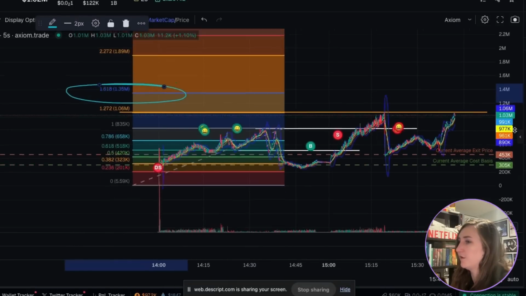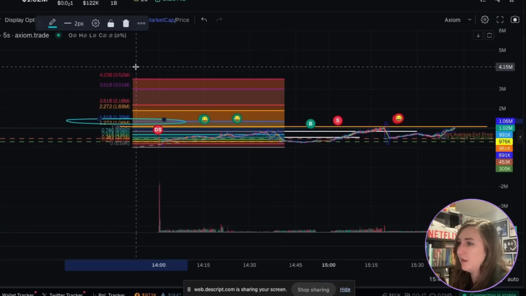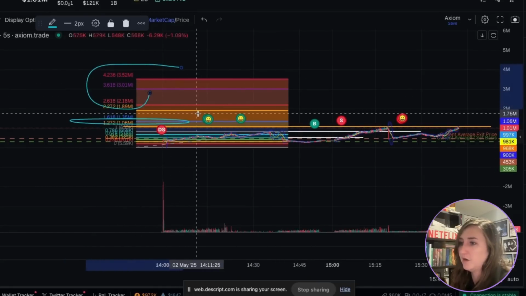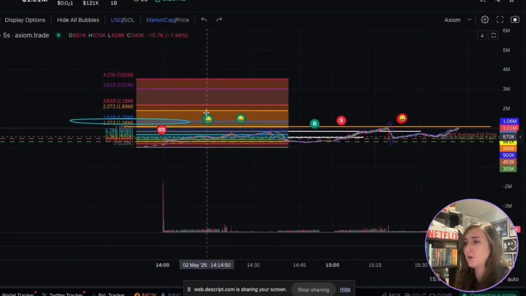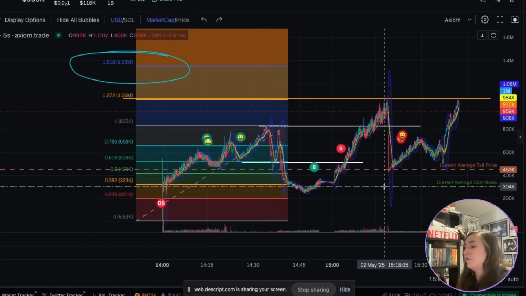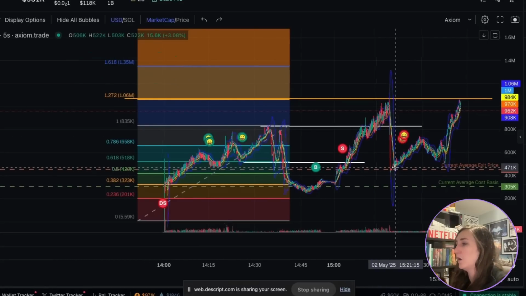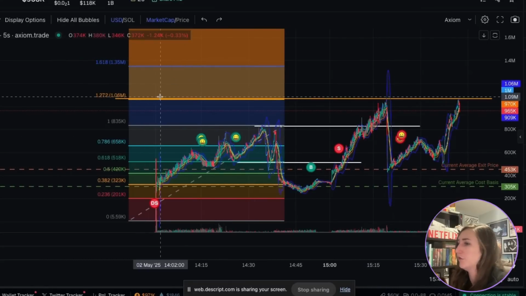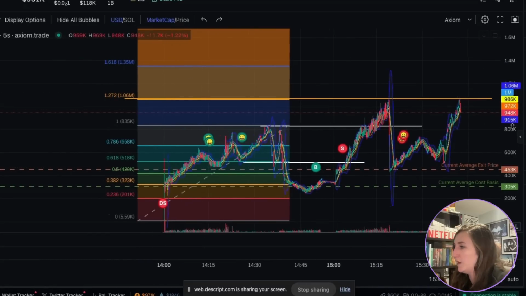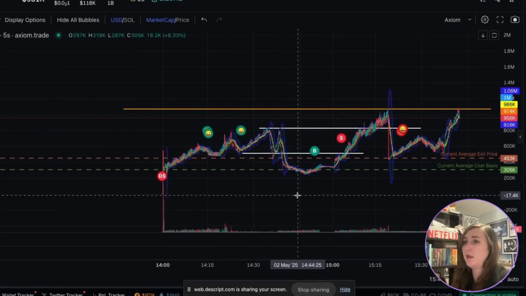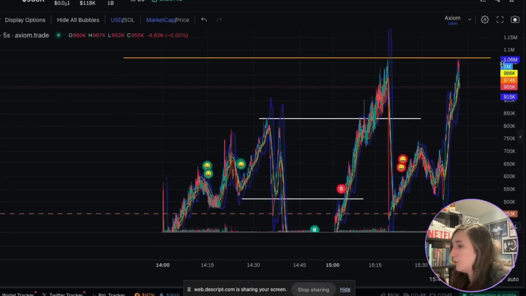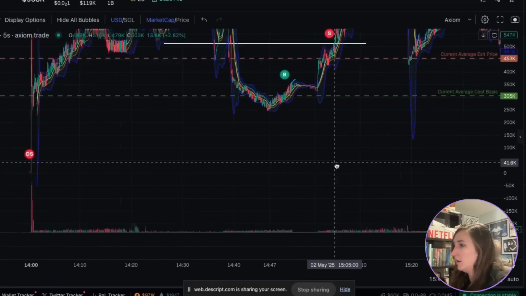Or you can aim for these higher levels as well, the 1.618. Some people even aim up to here. You've got to be really patient for those and not let your emotions get in the way. So do beware of that. If you're just looking to get in and out of trades, don't want to worry about your emotions, just look to sell at 1.272 or 1.618. No big deal there. But that is how you would use the Fibonacci, the Bollinger Bands, and also let's explain